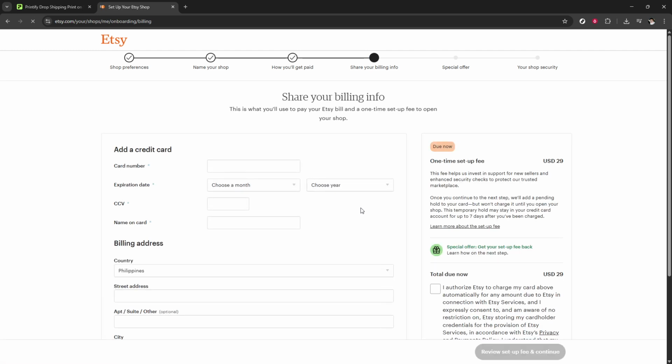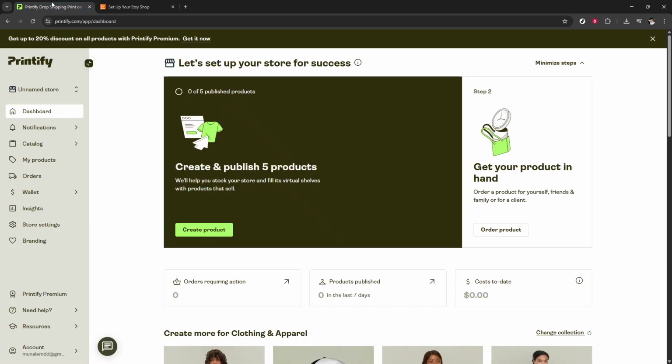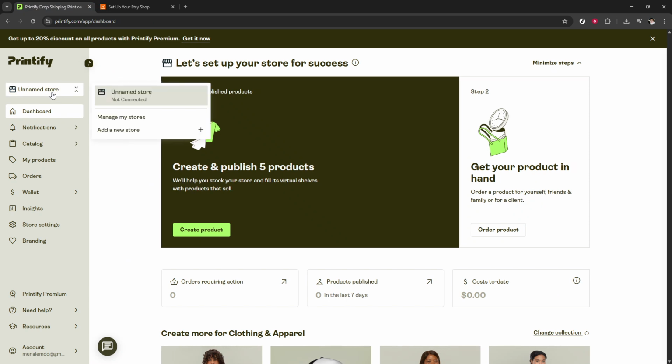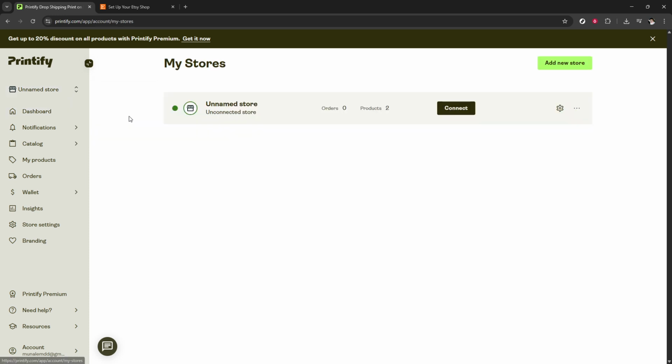Once your Etsy shop is ready, it's time to proceed to Printify. If you haven't yet, create an account and log in. On the dashboard, you'll see an option labeled Unnamed Store on the left side menu. Click on it, then navigate to Manage My Stores. Here you'll find the button to Add New Store, which is exactly what we want to do in order to